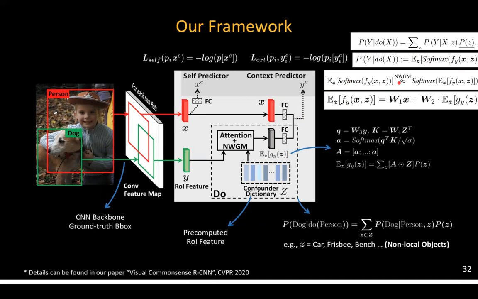a mean value in computer vision called normalized weighted geometric mean. I don't know too much about this mean, but basically it can convert the probability in the second equation to the right part in the third equation. Just put the expectation into the softmax. I don't know how this NWGM does this, but let's just assume it is correct, because